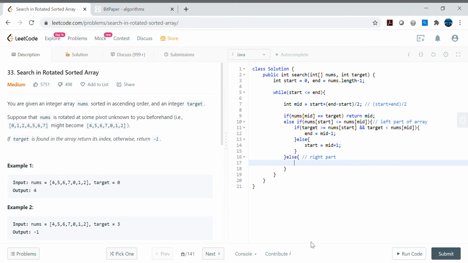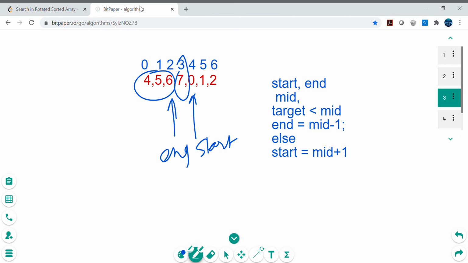Okay, now check the same thing on the right part as well, right? Here you can think of it like we are applying two binary searches on the single array. Why? Because if we observe, there are two sorted arrays, this one and this other one. So we are applying one binary search on the sorted array on the left side, and another on the right side sorted array.